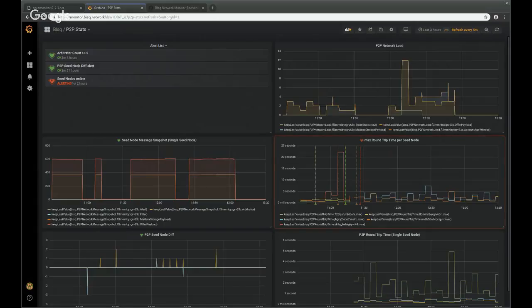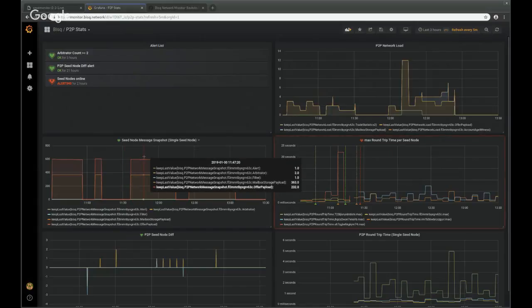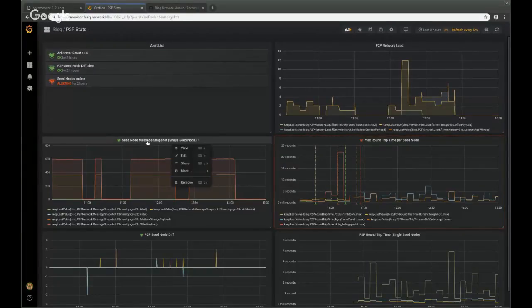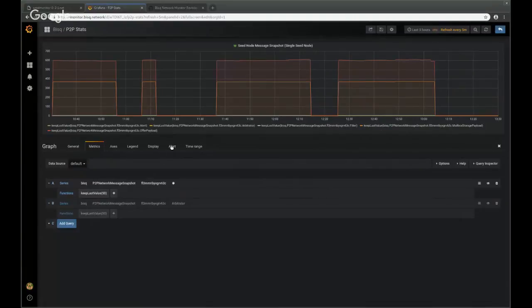Manfred, you said that arbitrator messages are maybe more important than trade statistic messages. You see, I have added an alert to this diagram as well. So if you look there, in the very first line is the alert, the number of alert messages, the number of arbitrator messages, filter messages, and so on. And this very alert is configured to trigger if and only if,